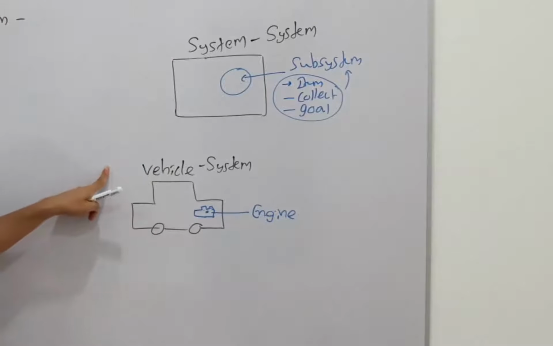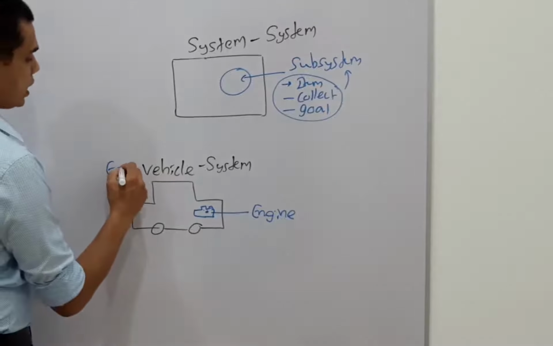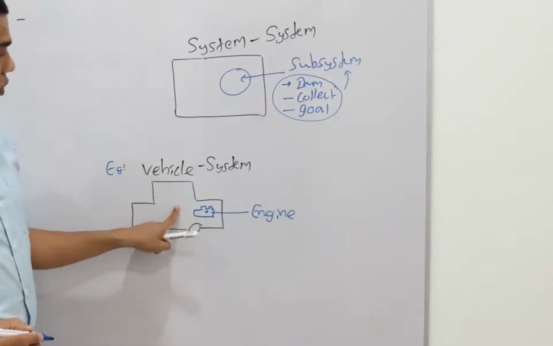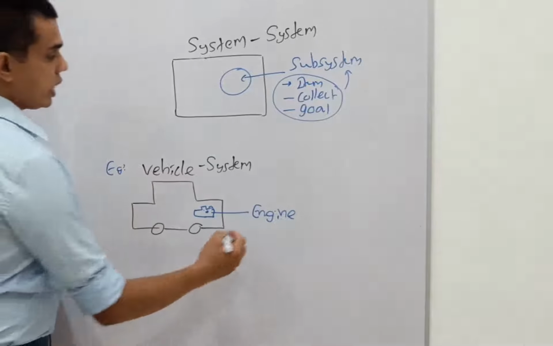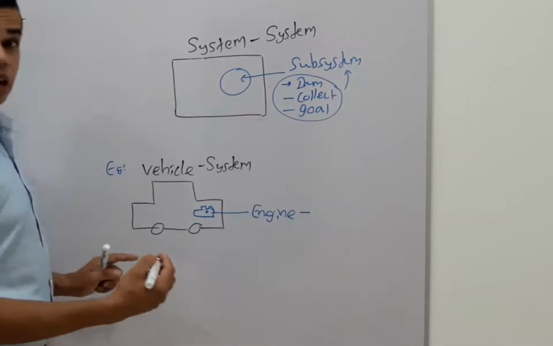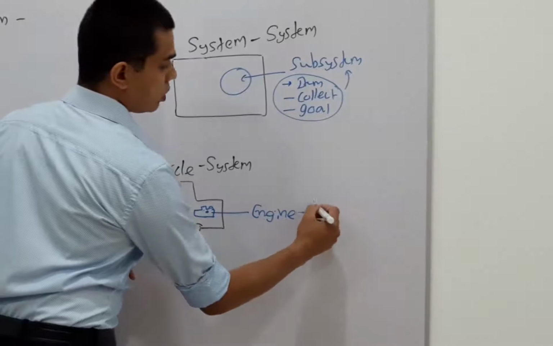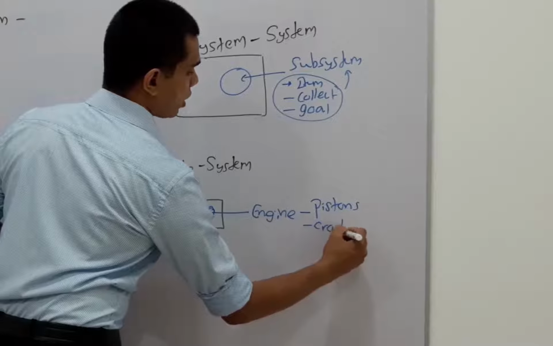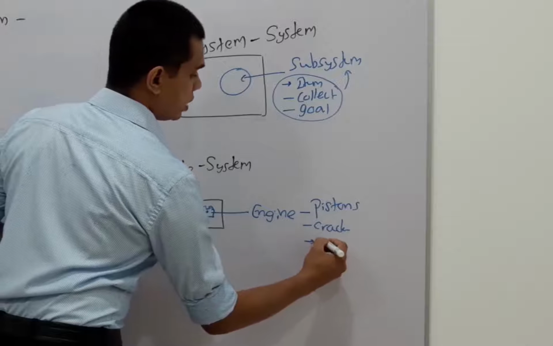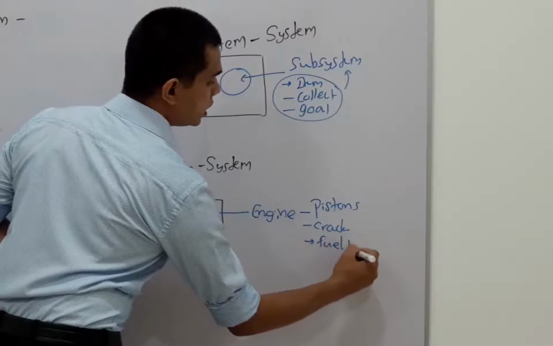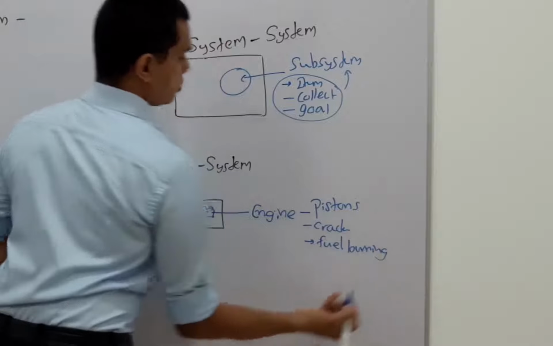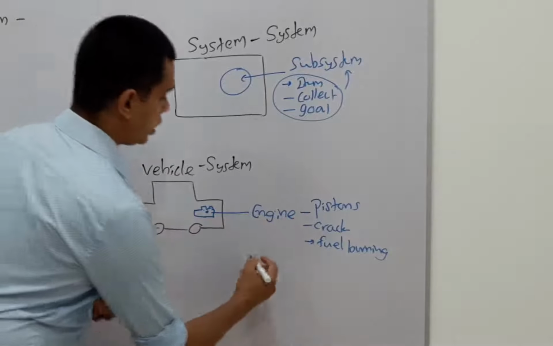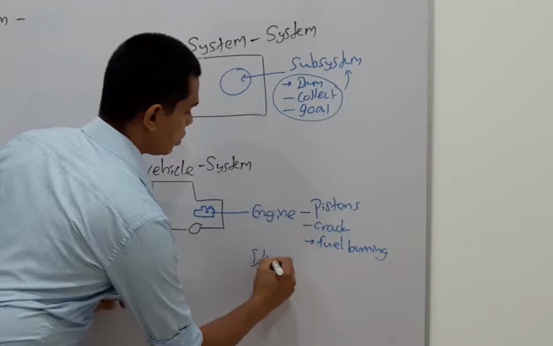If we go for an example, we told that vehicle is an example of a system. Inside that we have the engine. If we go for the engine, we know that engine is made up of many more items. For the performance of the engine, we need to have pistons. Sometimes there are cranks or whatever gadgets, and there are many other fuel burning processes or equipment, fuel injectors, many more things are there. So it has items, a collection of items.